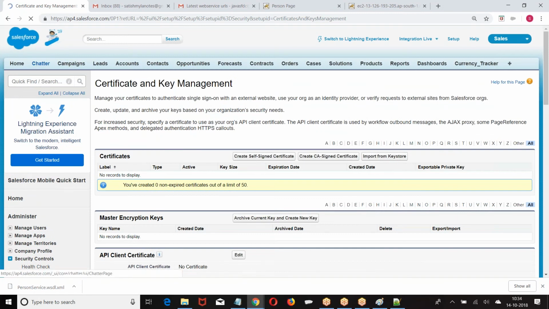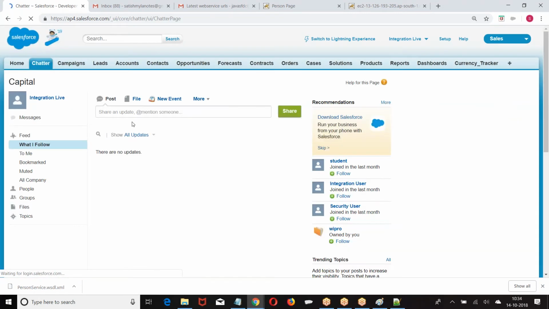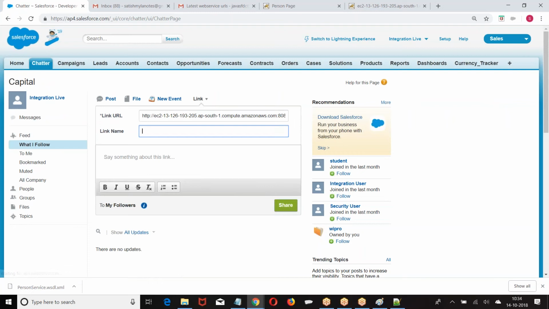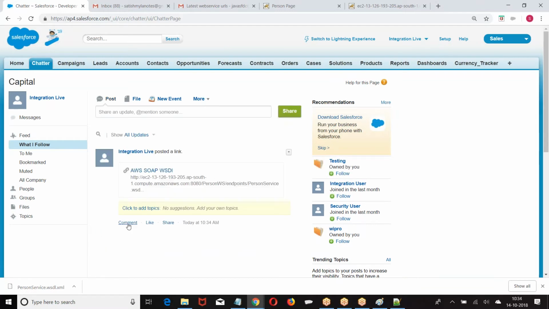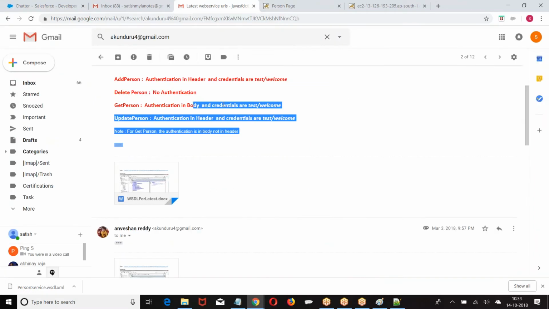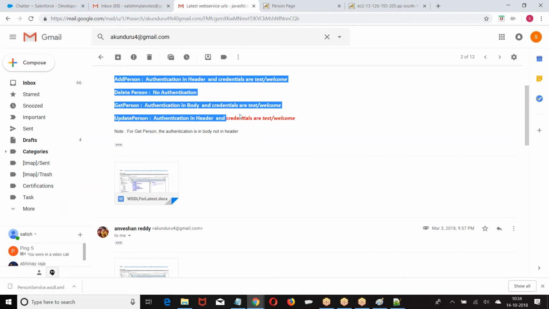So what I will do, we can use that file, and the authentications that we are using.